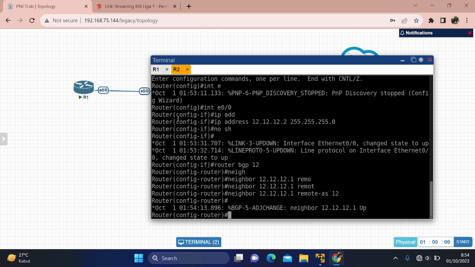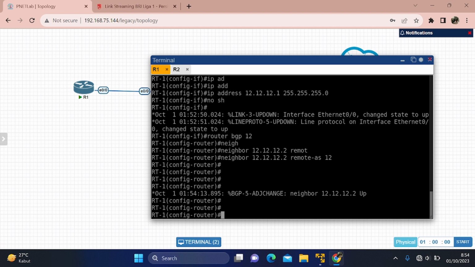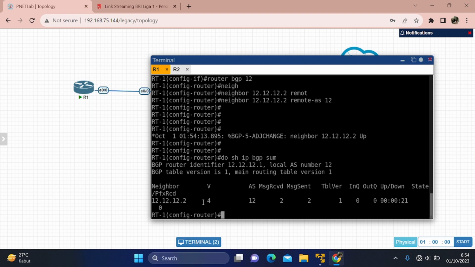After the adjacency between router 2 and router 1, you must do verification. It will be checked with do show IP BGP sum. In here the router 1 has an adjacency to router 2,